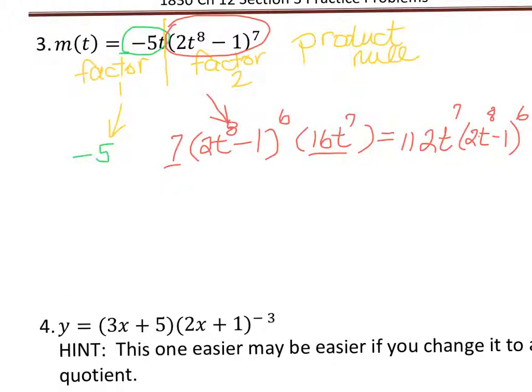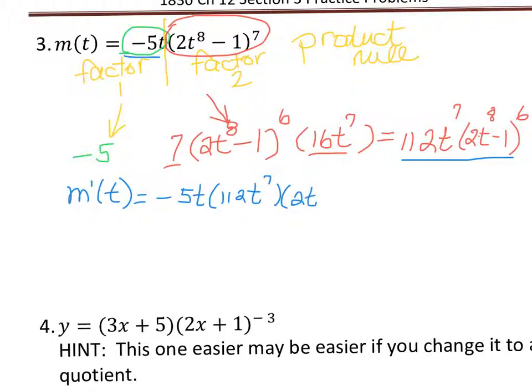And now, in order to find m prime of t, we take the first factor, which is your negative 5t, and we multiply it by the derivative of the second factor, which is this, 112t to the 7th power times 2t to the 8th power minus 1 raised to the 6th power. And to that, we will add the second factor,